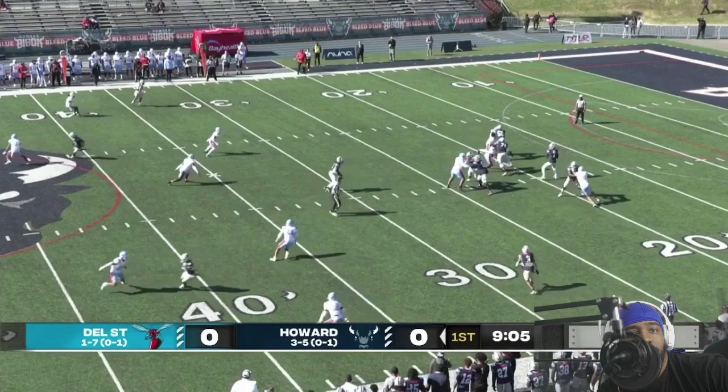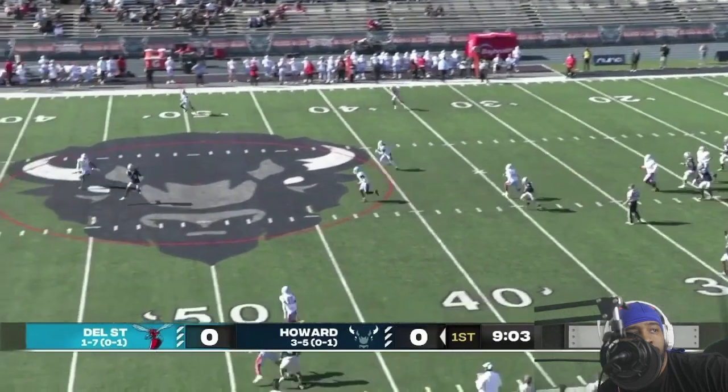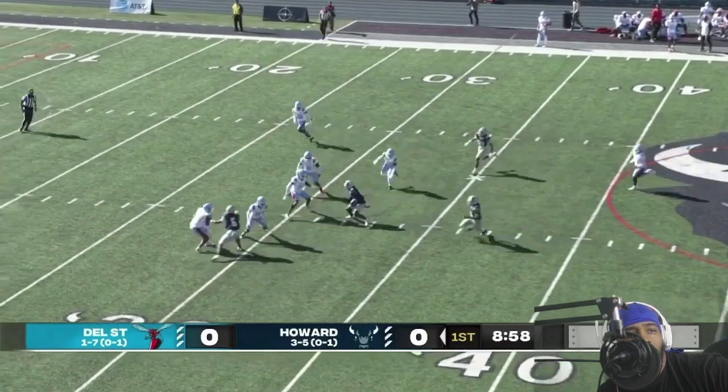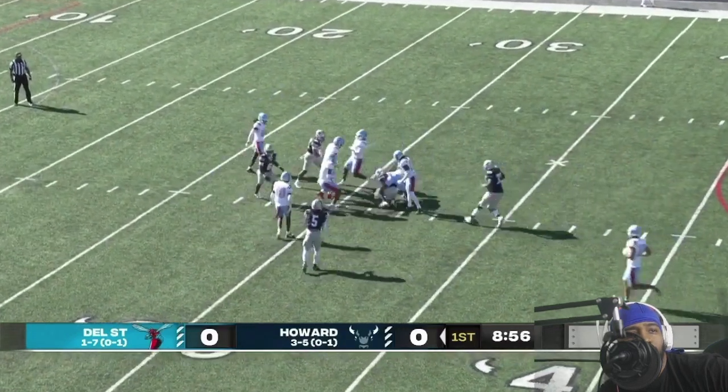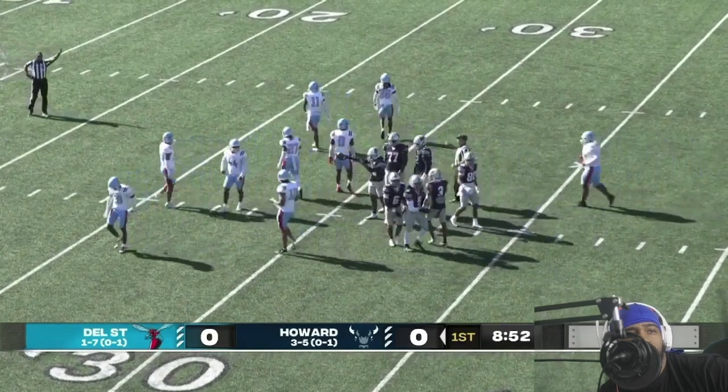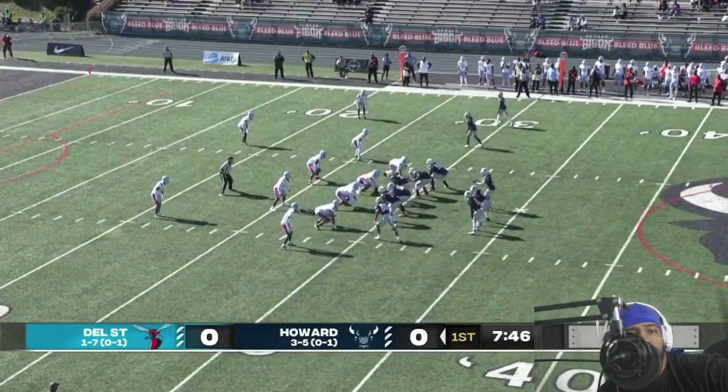Scroggins shotgun snap. Not a lot of pressure. Scroggins surveying. Pass over the middle is caught. Deep into Delaware State territory is Isaiah Williams, the Rockville, Maryland native. It looked like he was trying to over for sure, but again, like you mentioned earlier, the best coaches preach